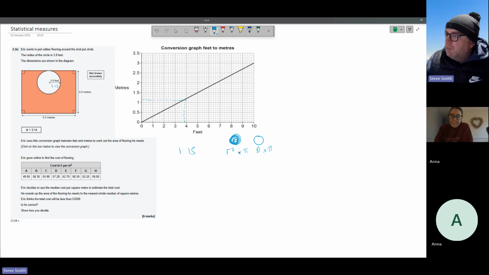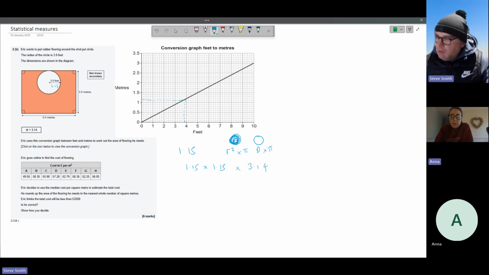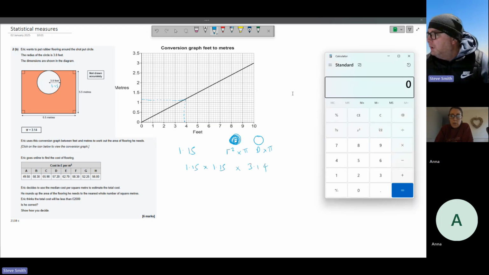So let's have a look. We've got the radius squared. So we're going to go 1.15 times by 1.15 times by pi. And it tells here that pi is 3.14. So the calculator disappeared on us, but where did it go? It went there. So 1.15 times. Why is it not letting me times it? There we go. 1.15 times by